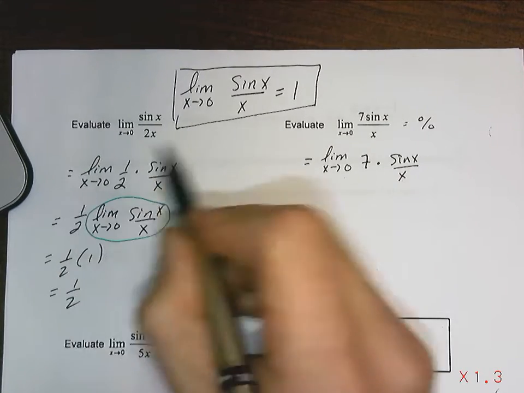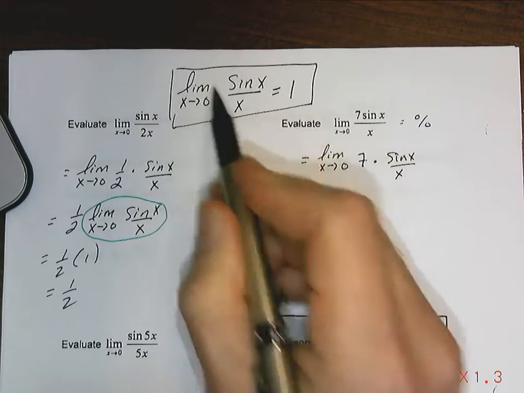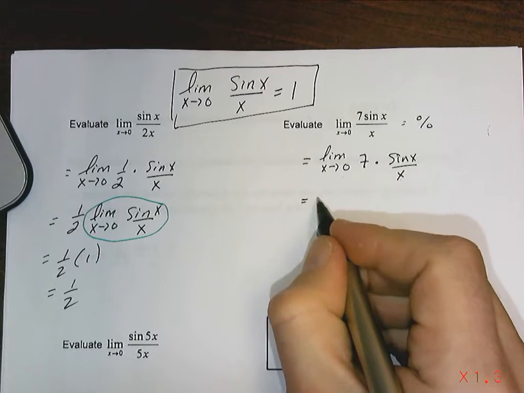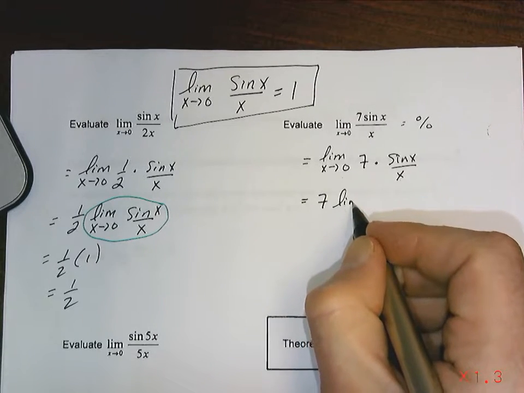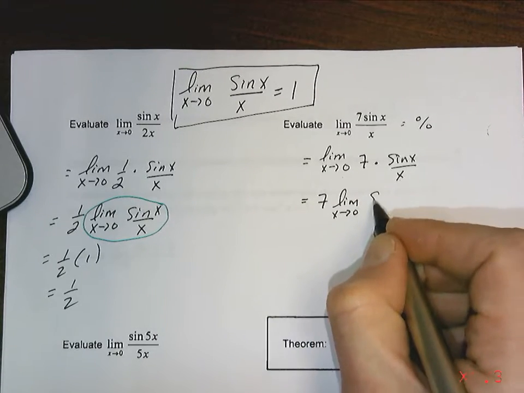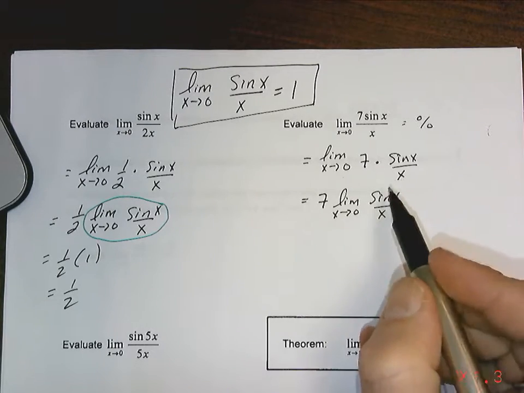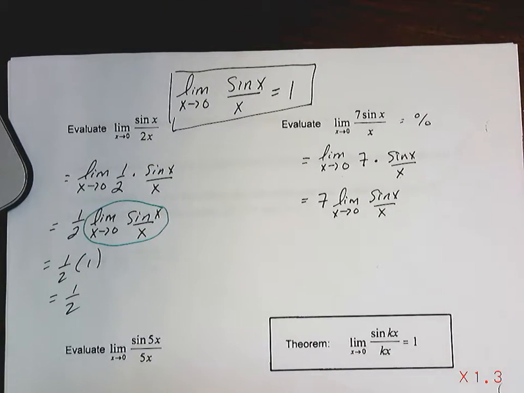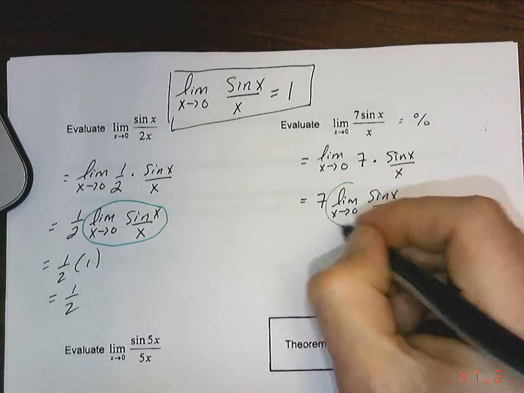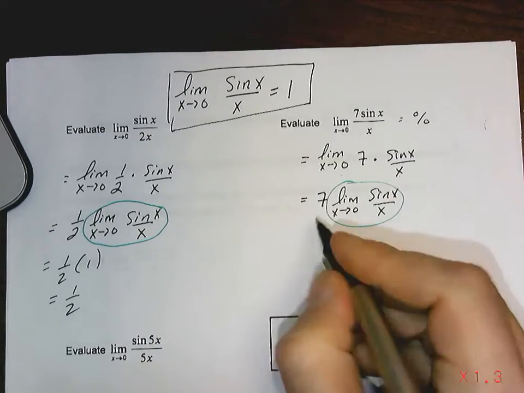Why? Because that's what I know. I know that it equals 1. So the 7 is a constant. It can come out. This we've worked out already. We know that that's going to equal 1. So it's going to equal